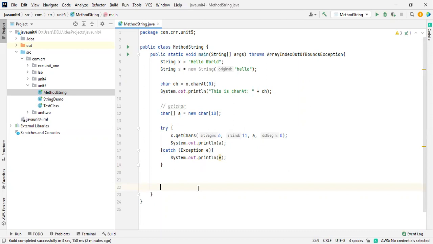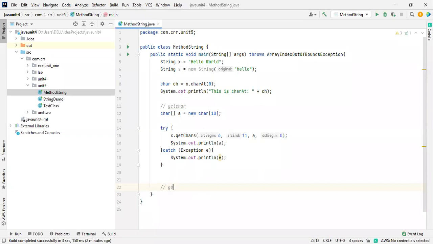Okay. Why am I stressing like this? Because it is very important for you. Okay, that's why I'm mentioning it for each and every example. I'm just showing you how the error will occur, where the error will occur. So we need to know about all these things. Okay. So now I'm going to take a for loop. I'm going to extract each and every string value by using bytes. There are 4 methods available to extract the string values. So we are going to create one more array like this.